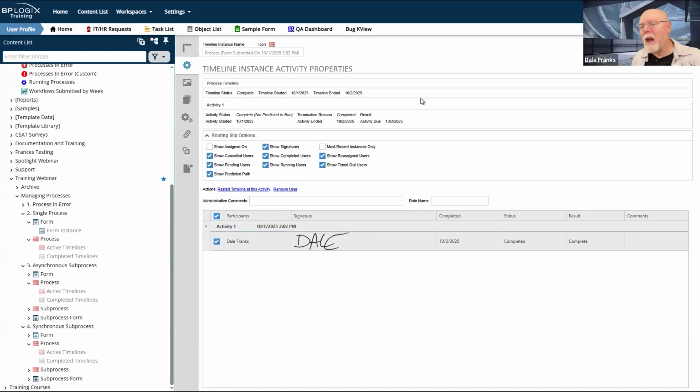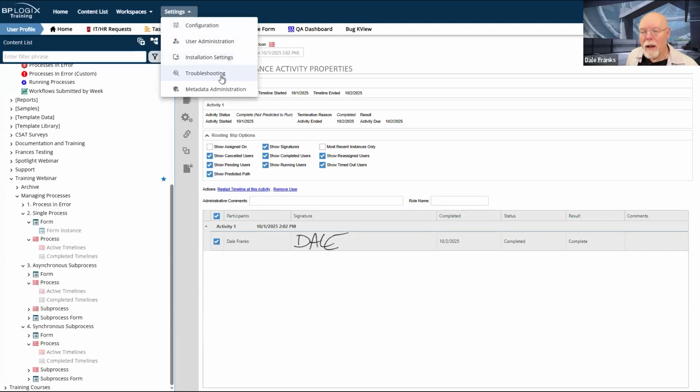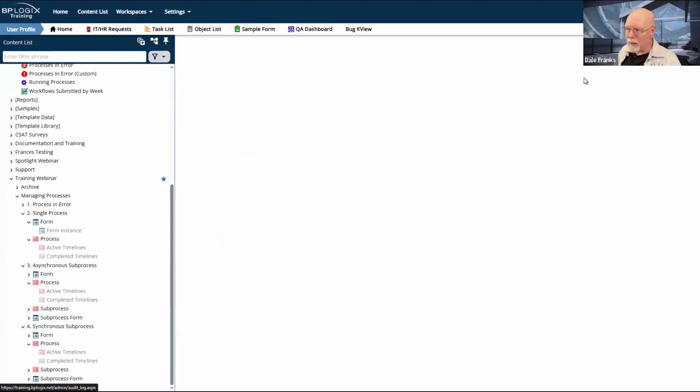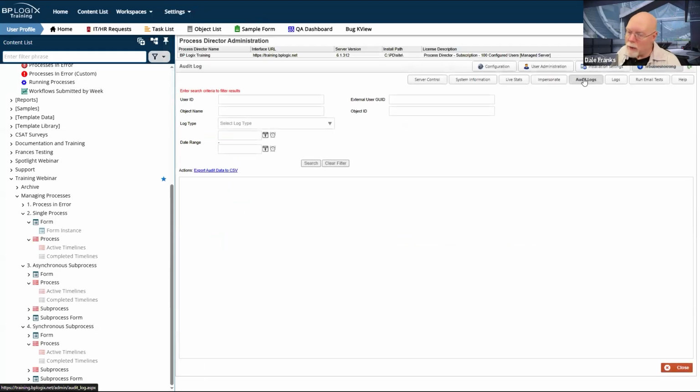This is not technically related to managing processes, but let's go into system settings. Let's go into troubleshooting. You've got this audit logs page. Now, most of you don't have this turned on. You really should. You should really turn on audit logging.